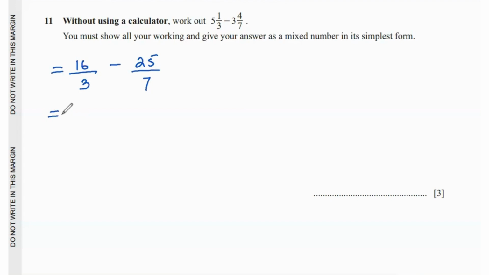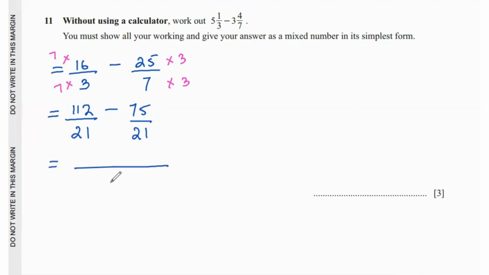Now, whenever we're adding or subtracting fractions with unlike denominators, we need to make the denominators equal first. So to do that, we'll multiply the first fraction by 7 and the second fraction by 3. So that leaves us with 7 times 16, which is 112, and 25 times 3, which is 75, over 21 for both, because 7 times 3 is 21. Now, since the denominators are equal, we can combine it as a single fraction and subtract the numerators, which will give us